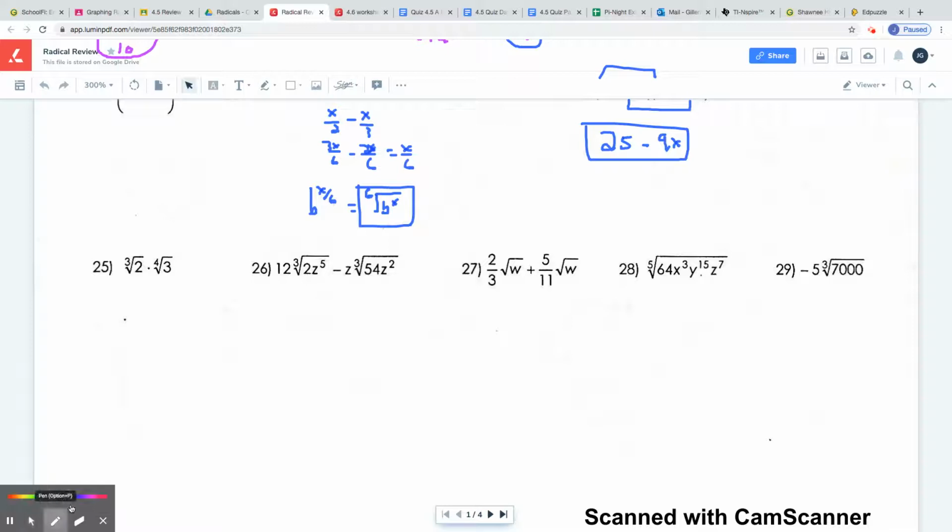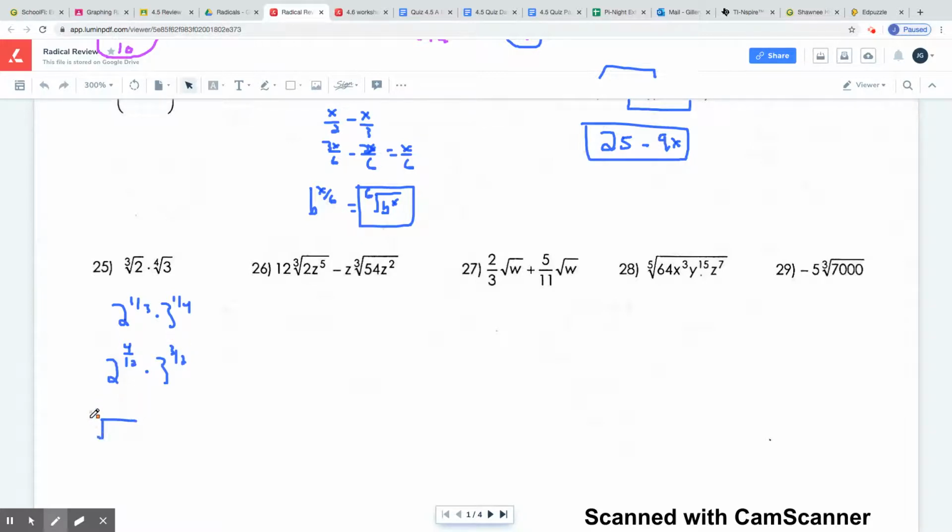25. Okay. 425. All right. You have the cube root of 2 and the 4th root of 3 cubed. You can't multiply together. They have different roots. So we need to make these roots the same. So if I get 2 to the 1/3 times 3 to the 1/4, I can't add the exponents, but I can make them have the same root, which is going to be 12. So I can change this to 2 to the 4/12 times 3 to the 3/12,